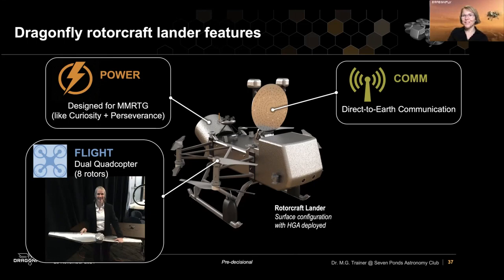And just for scale, I wanted to show, this is actually a picture of the principal investigator, who's the head scientist and the head of the mission, Dr. Zibby Turtle from the Johns Hopkins Applied Physics Lab. And she's holding a prototype of those rotors. So you can see about how big these rotors are. Dragonfly, this lander, there's not a scale on here, but it's sort of on the general scale of the Mars rover. So this is like taking the Mars rover and turning it into a helicopter, and